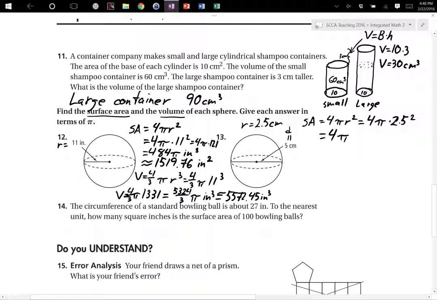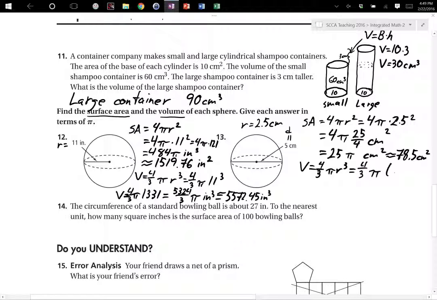2.5 squared is 25/4. That's centimeters squared. So that gives us 25 pi centimeters squared. Now our volume, oh, I didn't give our approximation. So it's also approximately 78.5 centimeters squared. Our volume still follows the same relationship, 4/3 pi r cubed, which gives us 4/3 pi times